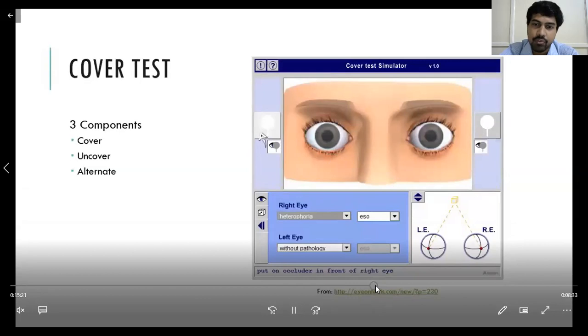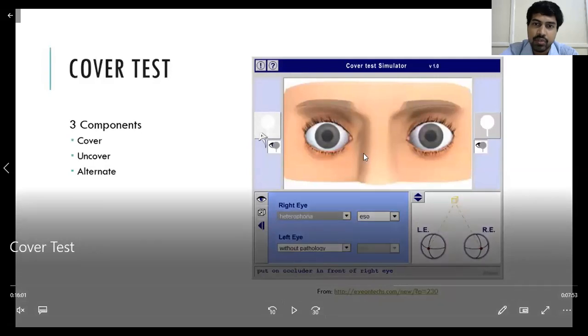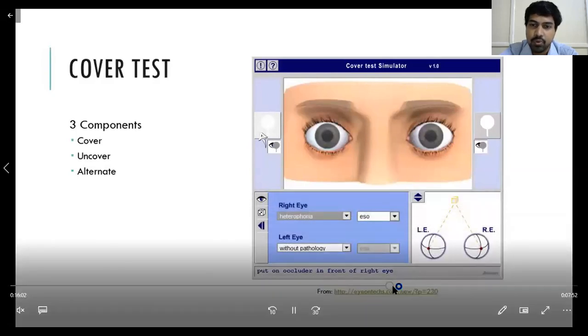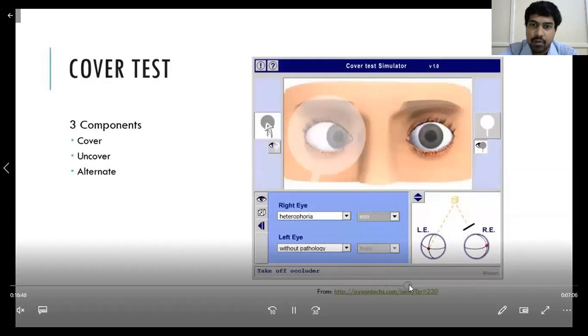This is a little confusing. You have to read it once, twice or thrice, or see this video again and again. On YouTube also this video is available along with this pathology. So when you put the cover and remove it, it is called heterophoria. For this eye, you got a confirmation that it has some latent squint. The same thing you repeat for the other eye and see whether there is any deviation or not. From that you come to know whether there is any latent squint or not. So that is about the cover test and uncover test.